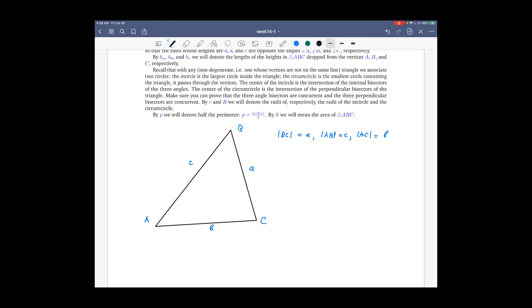So with every non-degenerate triangle, non-degenerate again means vertices are not on the same line,